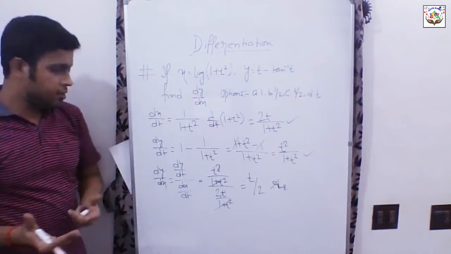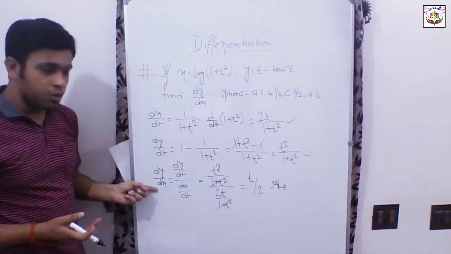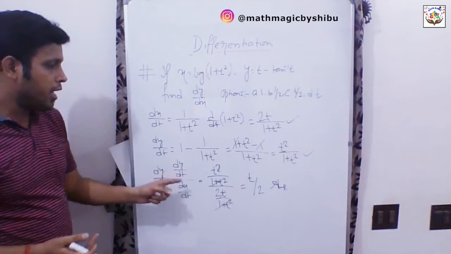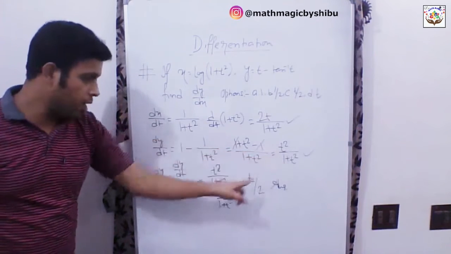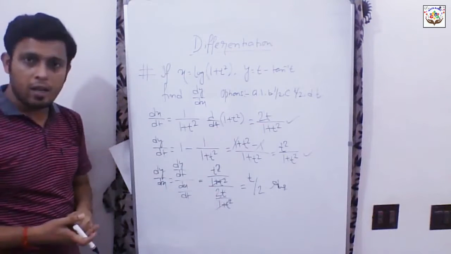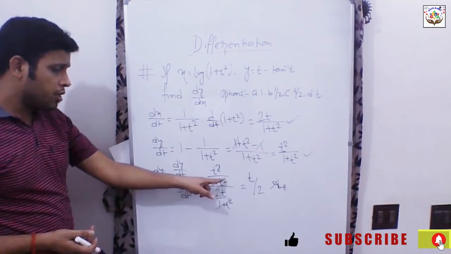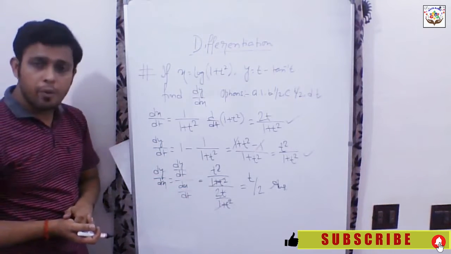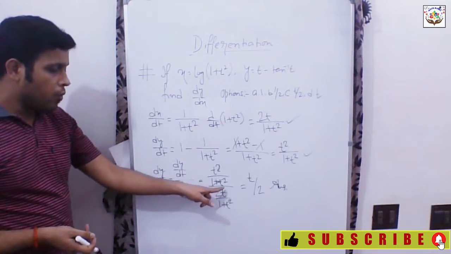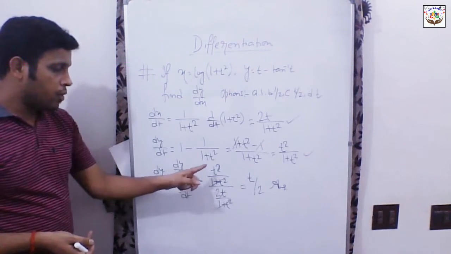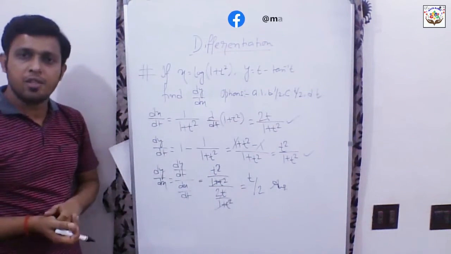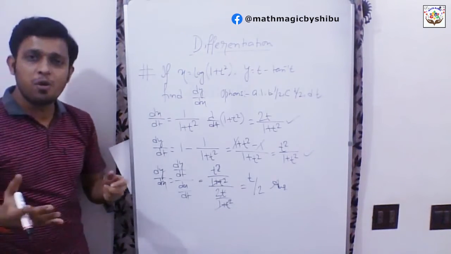So we need to find dy/dx. So we can easily write dy/dx equals dy/dt divided by dx/dt. So we have put the value of dy/dt as t² divided by (1 + t²), and the value of dx/dt as 2t divided by (1 + t²), right? So we have cancelled out the (1 + t²) part from the denominator, and with this t² and with this 2t part we have cancelled out one t. So what we have, t by 2. So it is matching with the option C. So our answer is option C. Okay. So we'll move on to the next problem now.